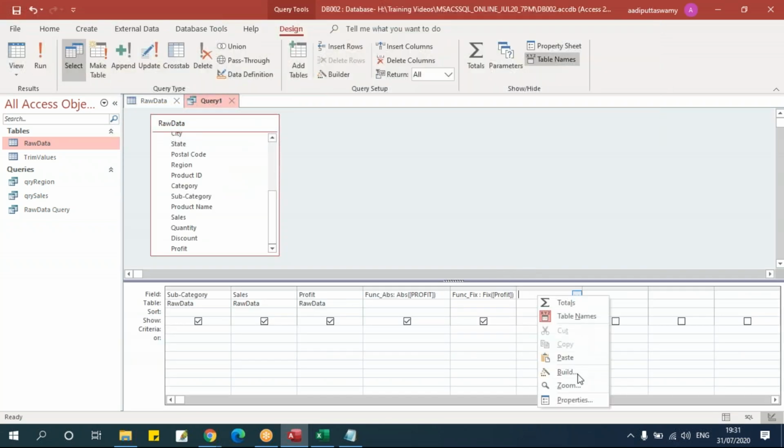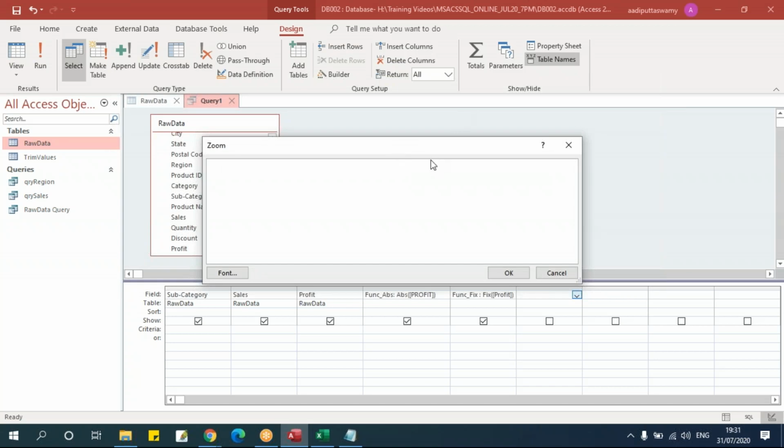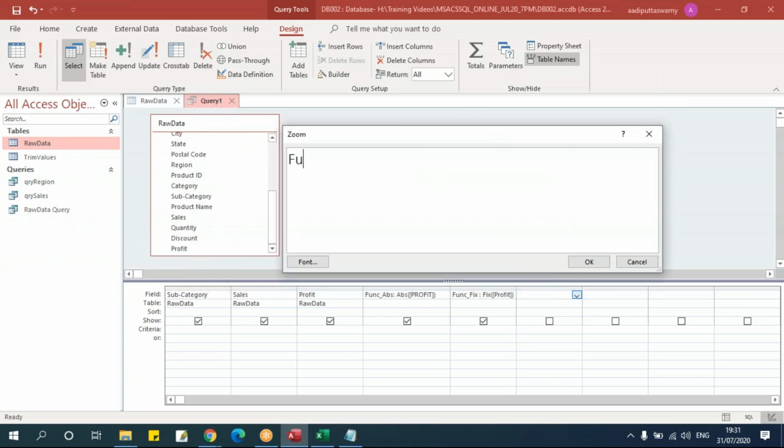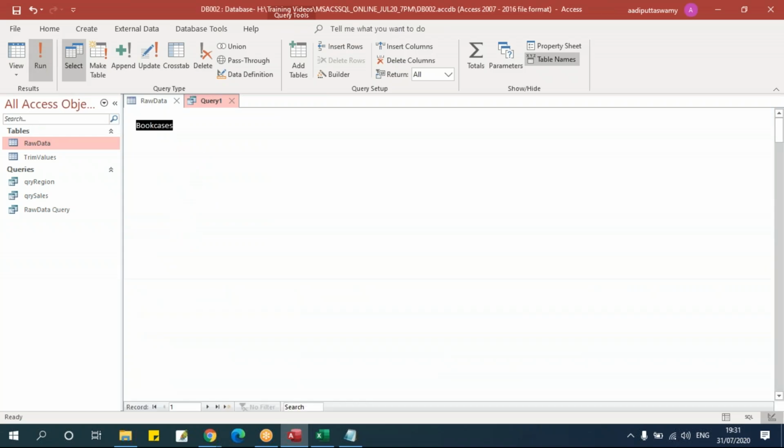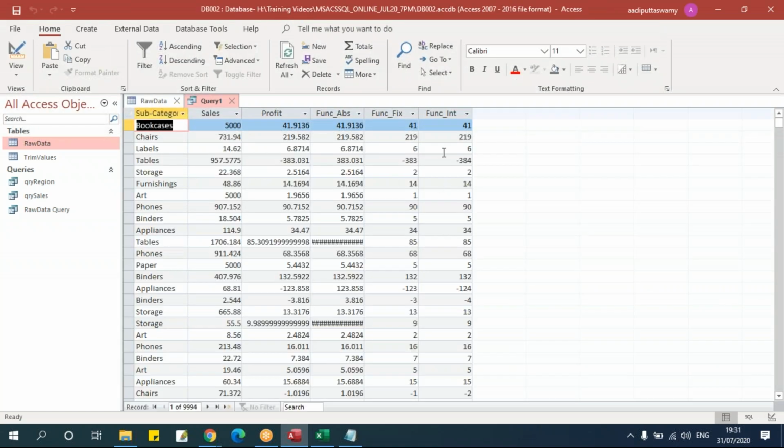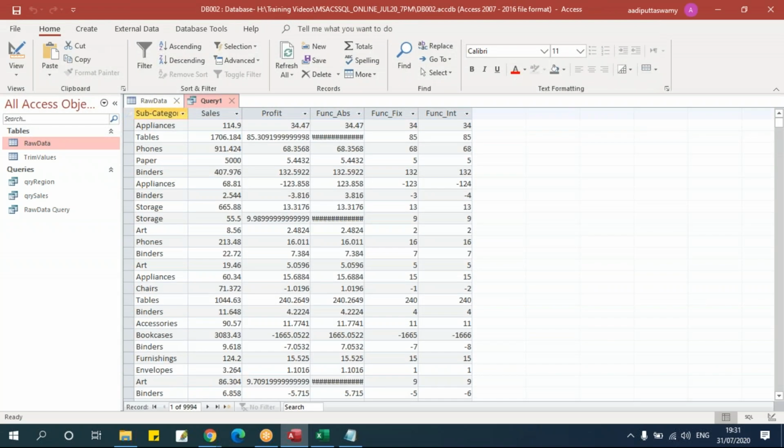Let me right click and say zoom and say function_int colon, Int of profit. Let's say okay. And if you run this, it is exactly like Fix. Fix and Int are the same. So both will give me the integer part of the column we have taken. Let's run this. See, here we'll get the integer part.